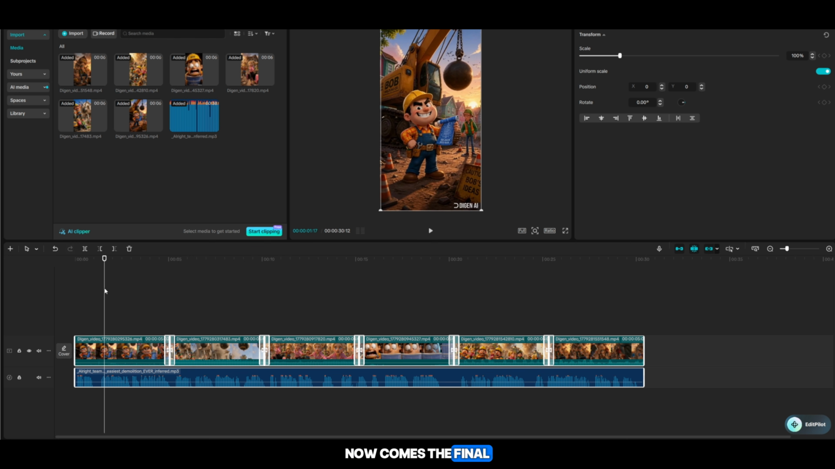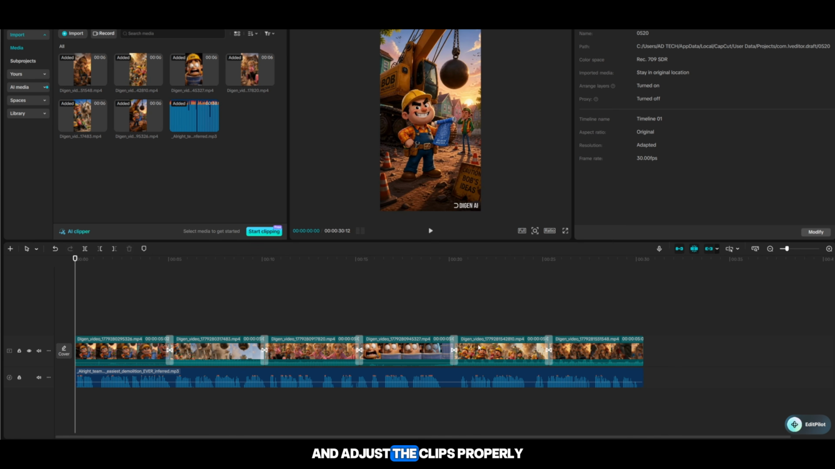Now comes the final stage, editing. For editing, you simply need to open CapCut. I'm explaining this in a simple way because I've already covered detailed editing tutorials in previous videos. Just import all your generated videos into the timeline, place the voiceover according to the scenes, and adjust the clips